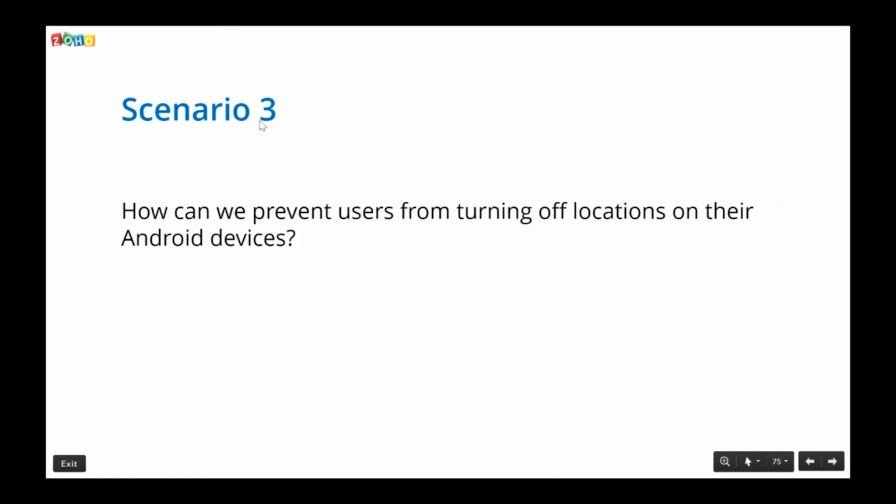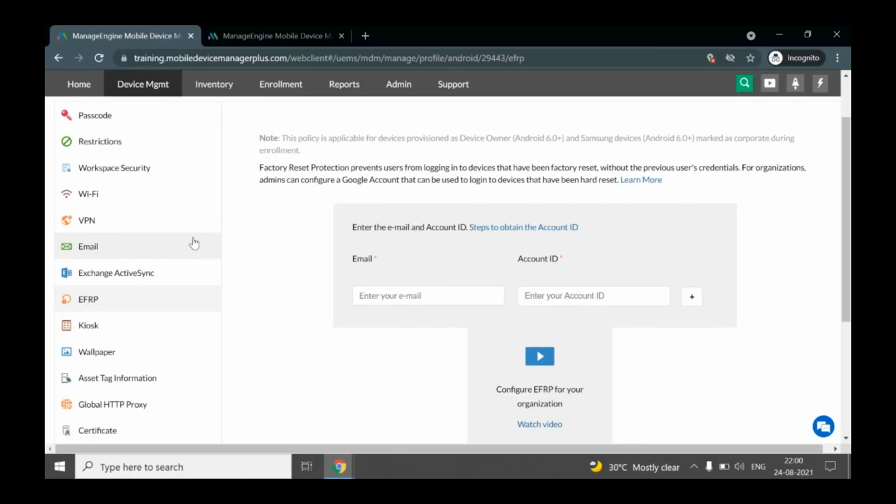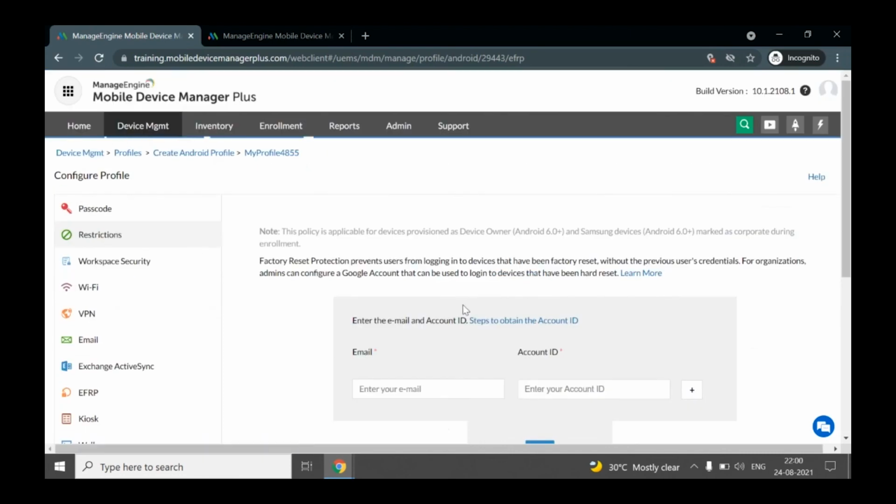Scenario 3. How can we prevent users from turning off locations on their Android devices? So in some companies, say your logistics operations companies, you would not want your users to turn off location services on their devices. So to prevent this, under Restrictions,